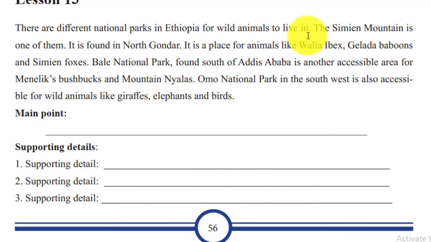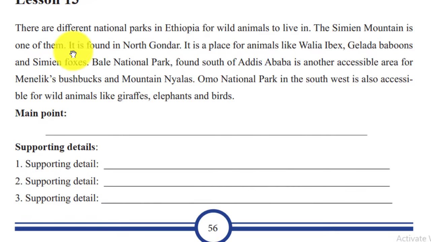The other one, lesson 13: there are different national parks in Ethiopia for wild animals to live in ይላል። አሁን ይሄ ኖርማሊ ቶፒክ ሴንተንስ ነው። በቃ የተለያዩ different national parks እንዳሉ ነው። የተለያዩ ናሽናል ፓርኮች እንዳሉ በኢትዮጵያ ውስጥ for wild animals ያሳያል። ለዱር እንስሶች ማቆያ የሚሆኑ ፓርኮች እንዳሉ ያሳያል። አሁን ከዚህ በኋላ ምንድነው what are their names ማን ነው ስማቸው እነዚህ ናሽናል ፓርኮች the same mountain is one of them ይላል። አሁን ሊስት ያደርጋል ማለት ነው። different names of national parks ይዘረዝራል። የሚዘረዘሩ ነገሮች supporting detail ናቸው።